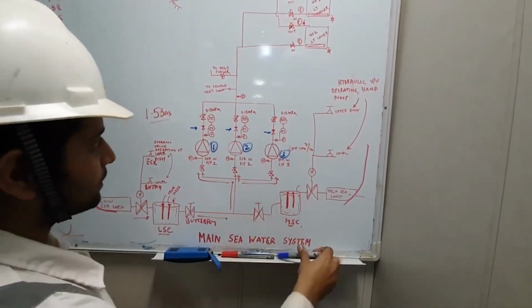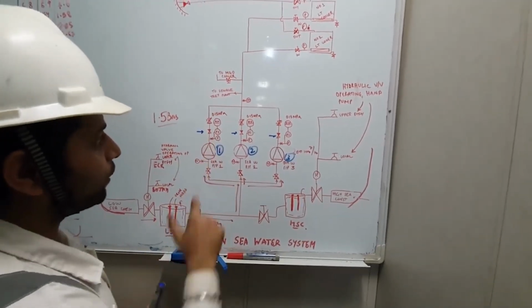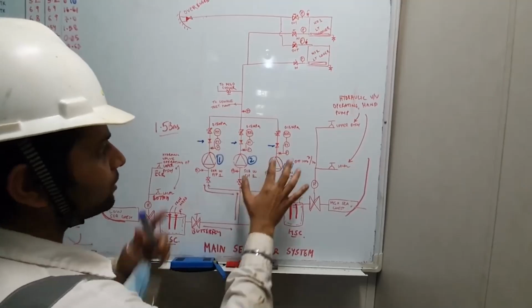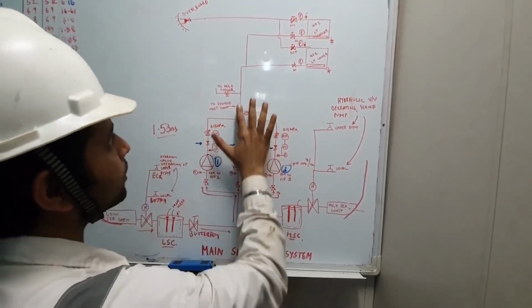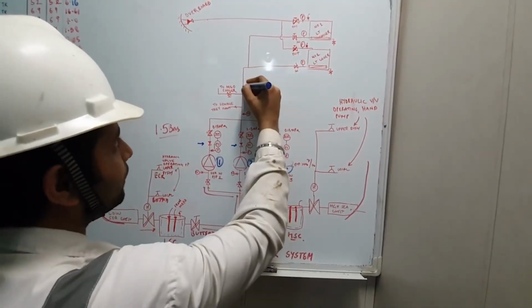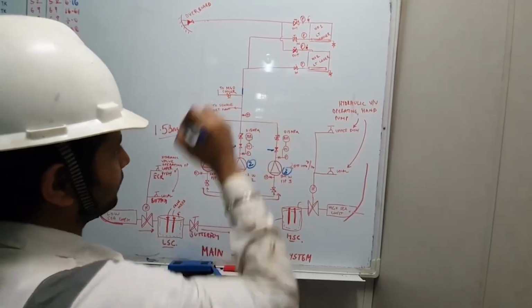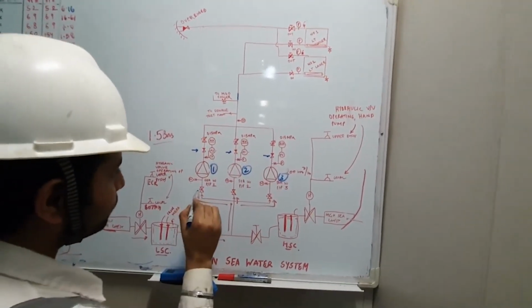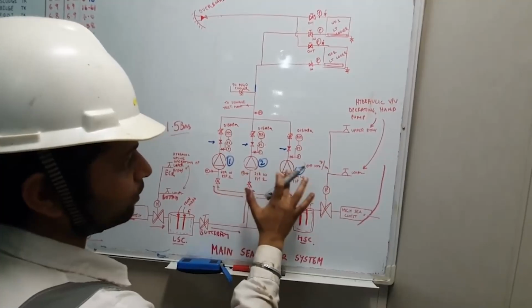So now, when I talk about this non-return valve, why is this given? After that, again a butterfly valve is given over here, so that all these lines are connected together. The seawater is going into a common line over here. Can you see? This is a common line. Now why is this non-return valve given? Simple reason is, guys, see, suppose this pump is running and the other 2 pumps are stopped.